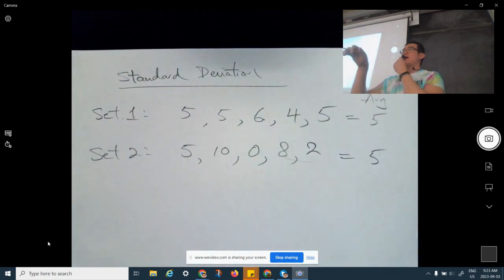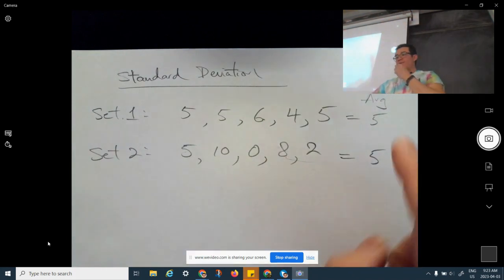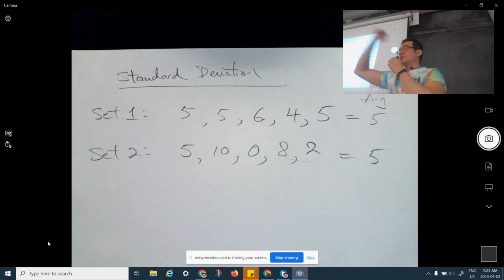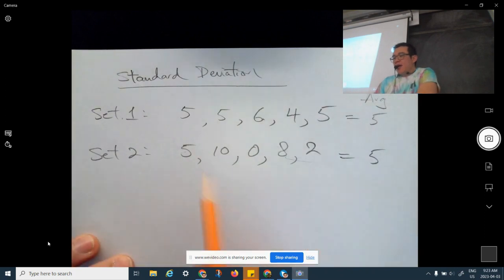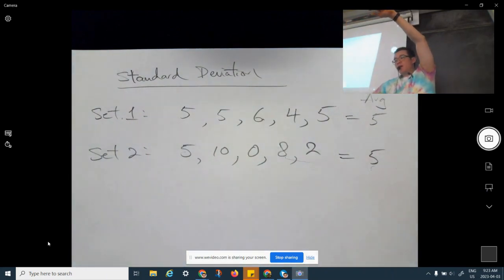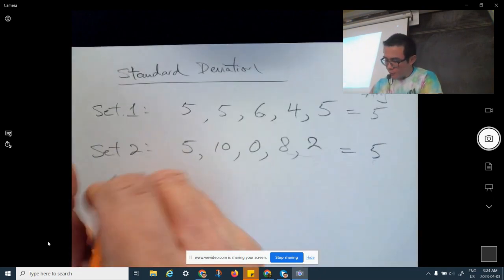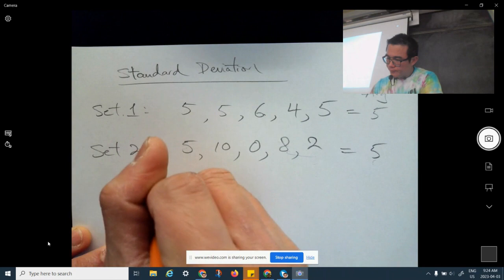But which one would you say has a much wider range from their average? Yes, the second set. Good. So even though they both have the same averages, the second set has values that are further away from the average than this set. Okay? Now, there are many ways to show the difference of that. Standard deviation is one of them. Okay? So standard deviation